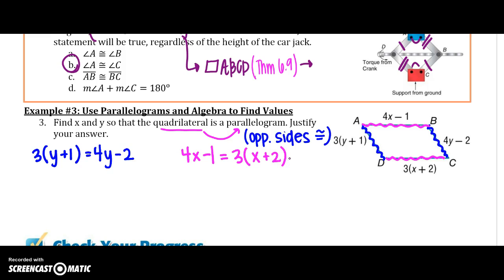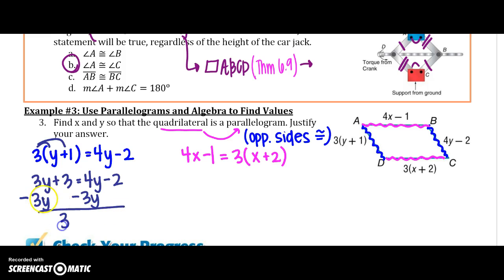So when I solve, of course, I need to distribute. 3y plus 3 equals 4y minus 2. I'm going to get my y's all on one side. 3, because that cancels, equals y minus 2. If I go ahead and add 2 to both sides, I'm running out of room. y is going to equal 5. So I have y, and now I need x to make my